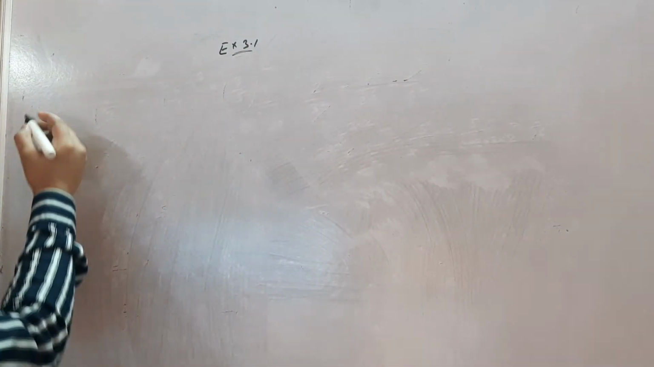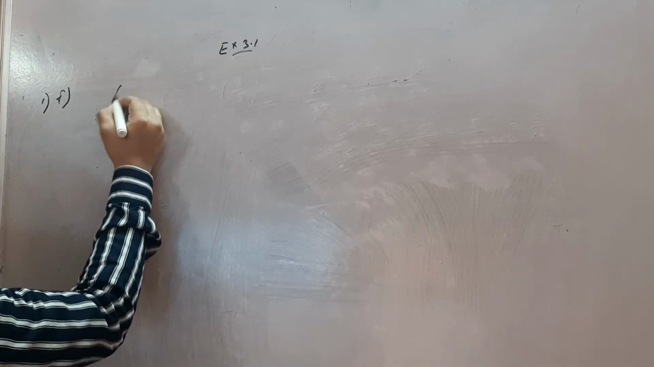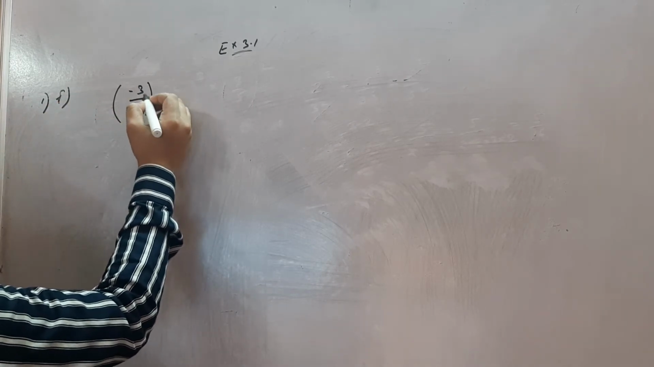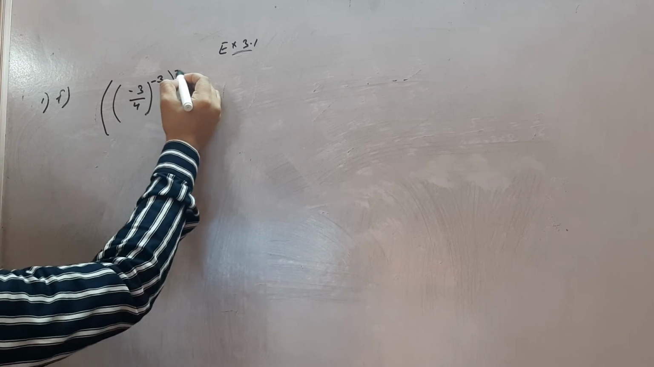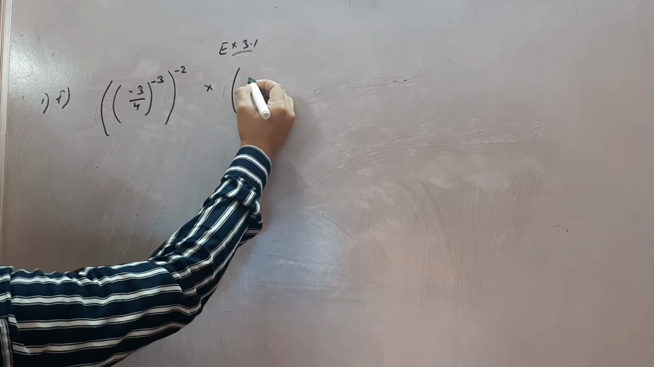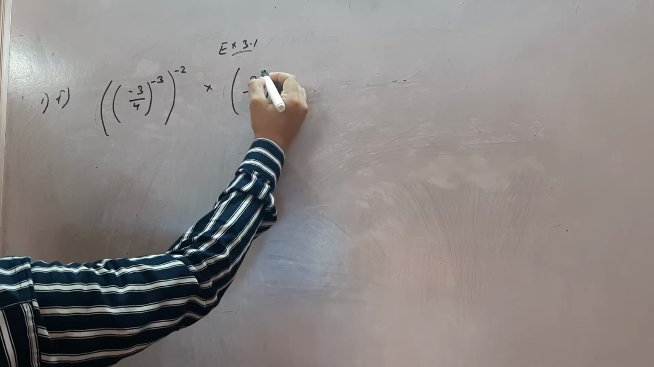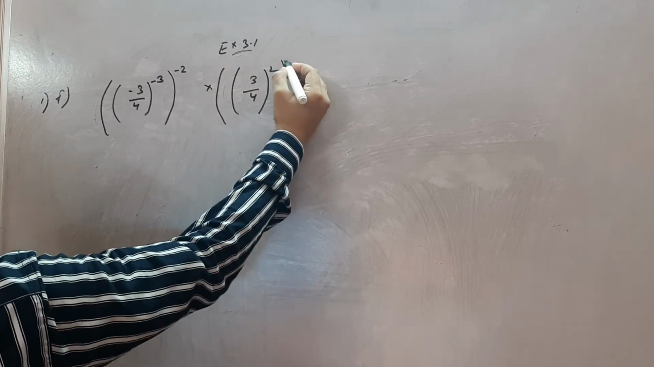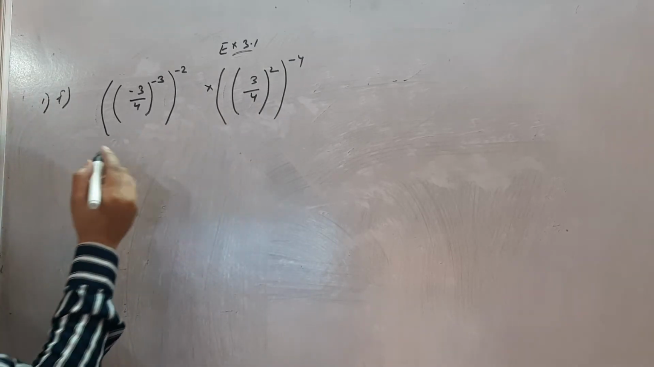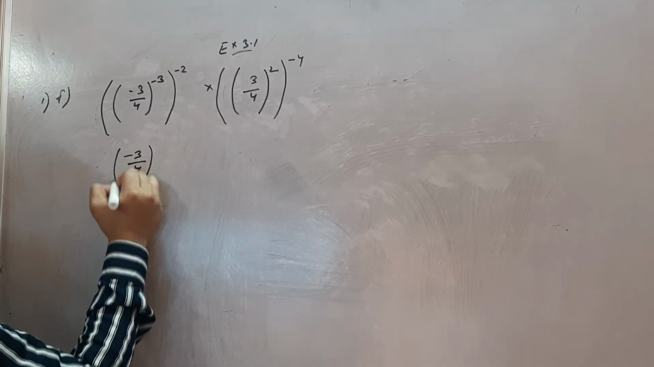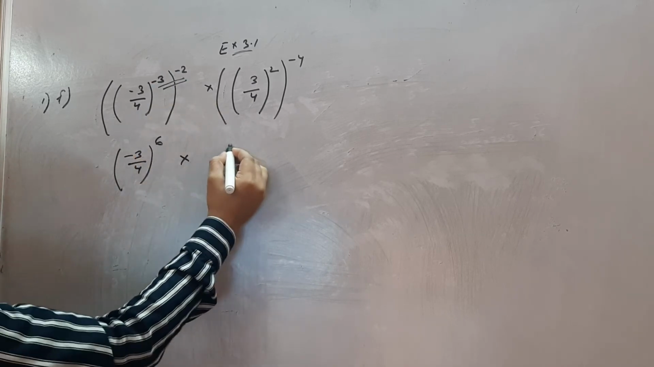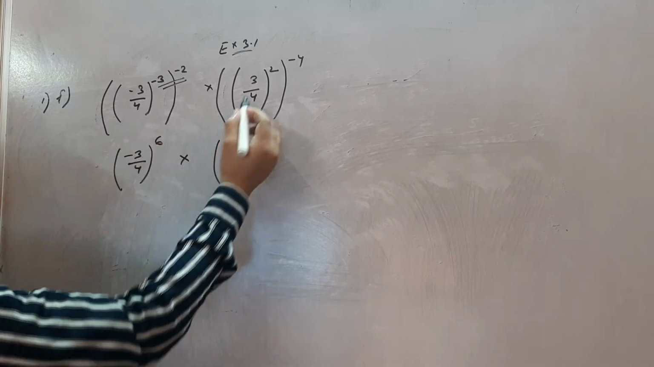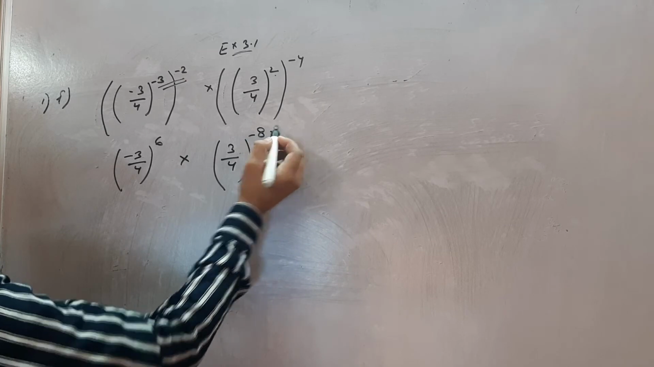Okay, continue from 1 subpart F. Minus 3 to the power 4, power having minus 3, and again power having minus 2, into 3 to the power 4, power having 2, and here the power is minus 4. But you see the bases are same, so it's minus 3 to the power 2, minus 3 minus 2, multiply minus minus plus, 3 2 is 6, into 3 to the power 4, 2 into minus 4, it's minus 8,